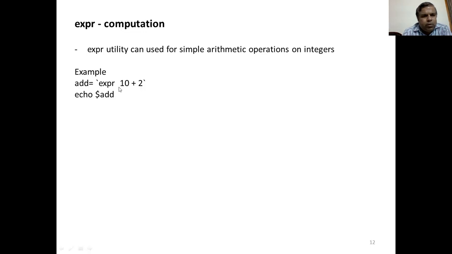If you want to assign the output of this expression command to a variable, then enclose it in backtick quotes, or simply backquote or backtick. This is the sign. Assign it to a variable, say add, and then print the value of the variable add using echo $add. Obviously the output will be 10 plus 2 is 12.